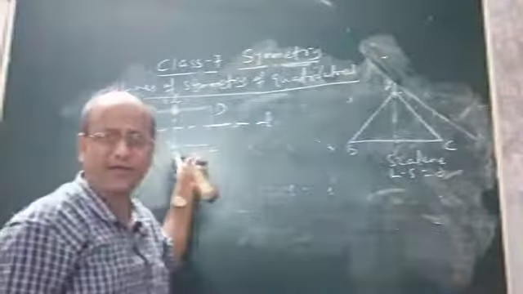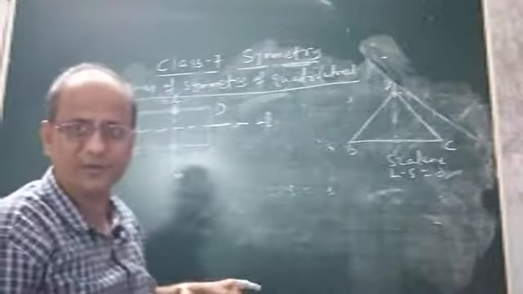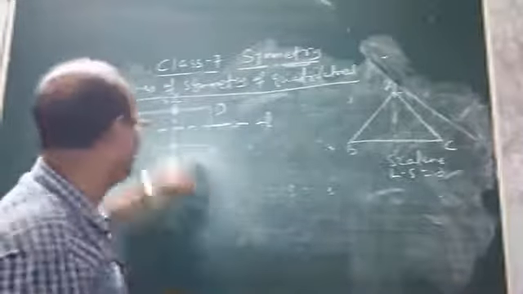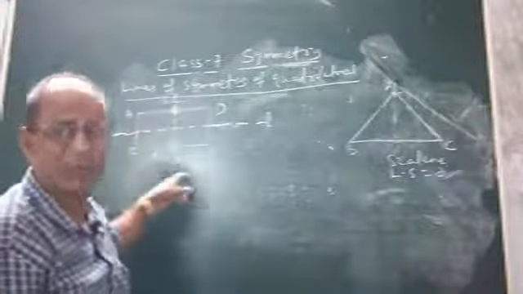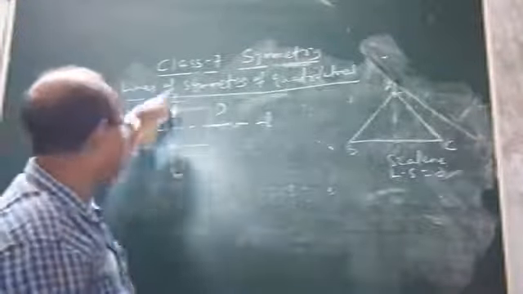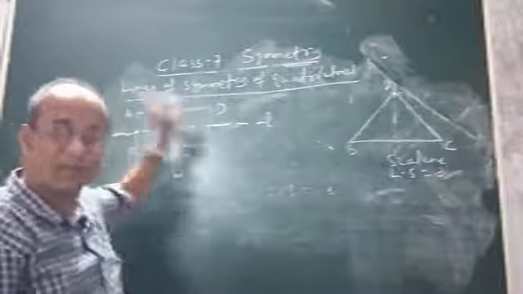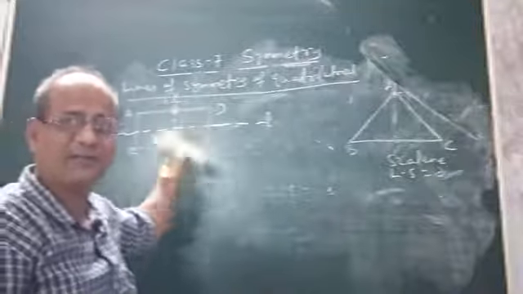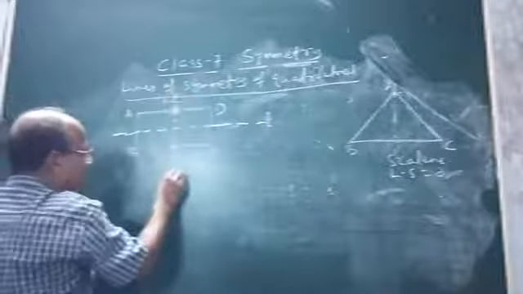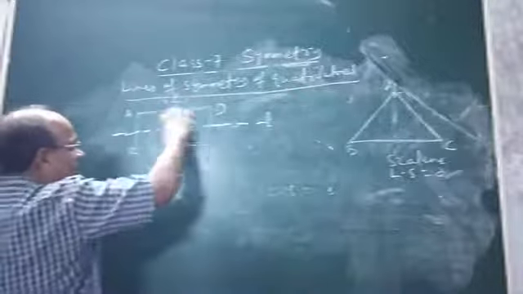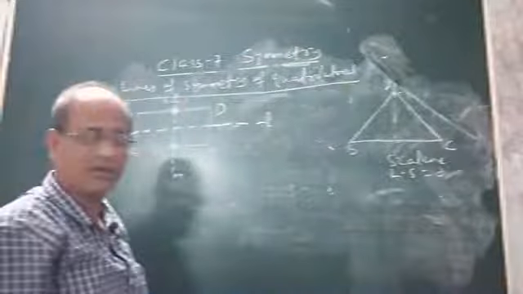From this we can say that a rectangle has how many lines of symmetry? Two lines of symmetry. And which is the line of symmetry? The line passing through the midpoints of the opposite sides of a rectangle is the line of symmetry. That means about this dotted line M, if you fold this part and this part, the two parts will definitely coincide with each other.